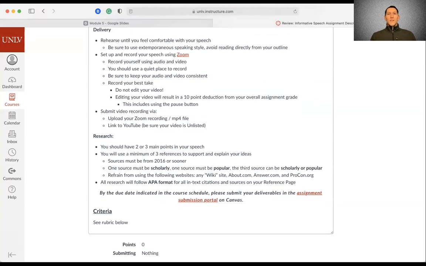And so then this one, the reason we're doing research is because you need to include a minimum of 3 references in your speech. And your references have to be from 2016 or sooner. So 2016, 17, 18, 19, 20, or 21 is acceptable. Anything before that you can use, but you need to have at least 3 that are from 2016 or sooner, okay? The reason we have you submit or have you do research that is more recent is because things change,